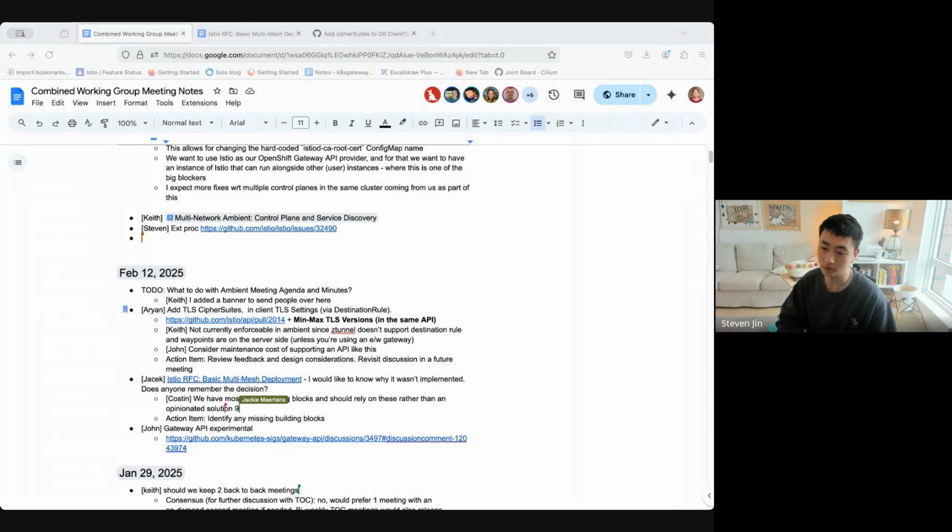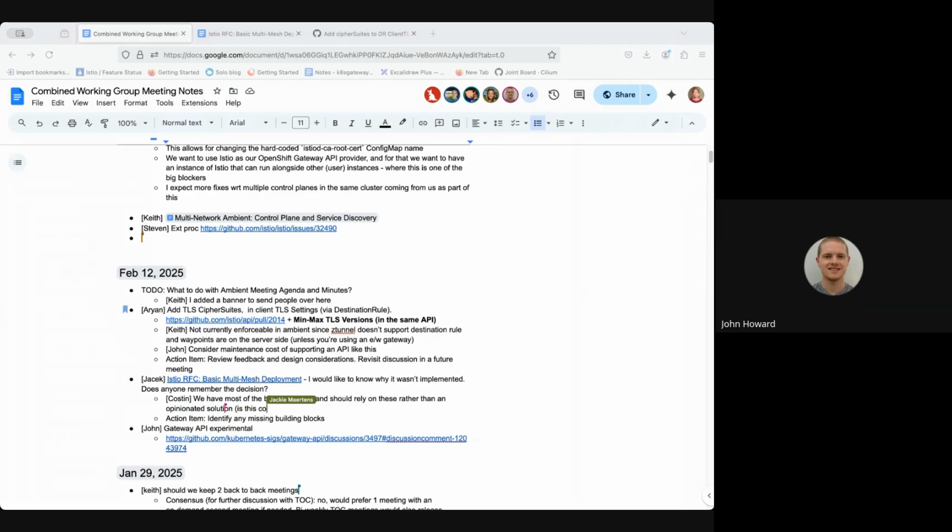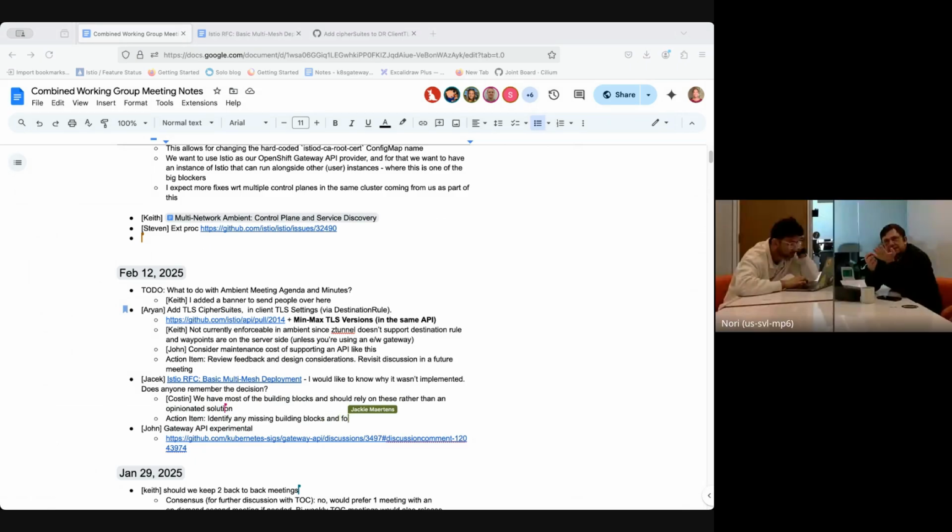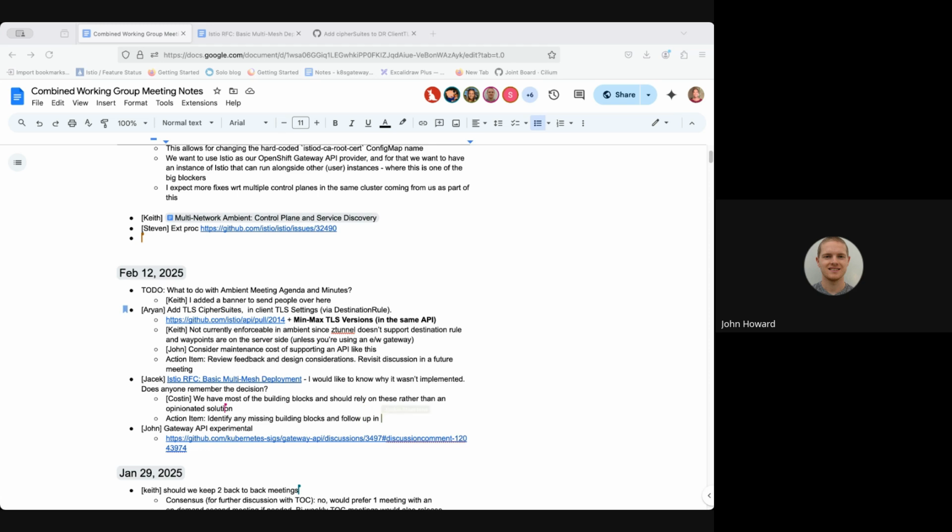I'm not exaggerating, but it's often like, people talk about tenancy. There's a lot of questions like, do these tenants have a shared root of trust or not? Are they reachable at all, or through a gateway, or directly, or allow listed or deny listed? What does that look like? Is it the same cluster, same network?